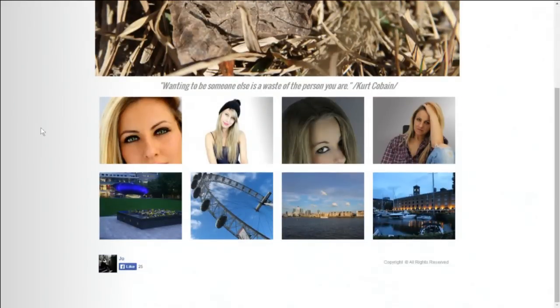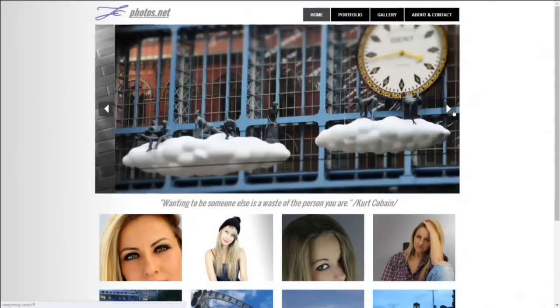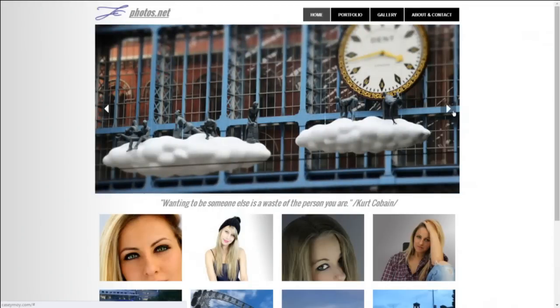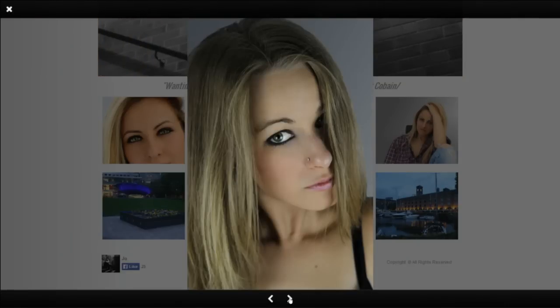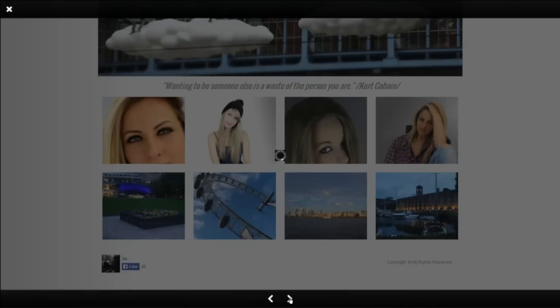Okay, so right away we open up to a scrolling portfolio, a scrolling slideshow here with, looks like 3 different photos. It shows a good variety. And then we have a set of still photos down here. Is that all the same girl? It does look like there's not a whole lot of variety, which I know can be a little hypocritical coming from me